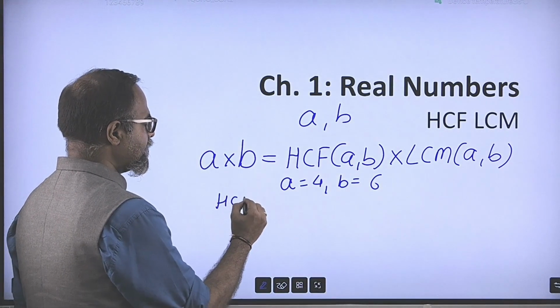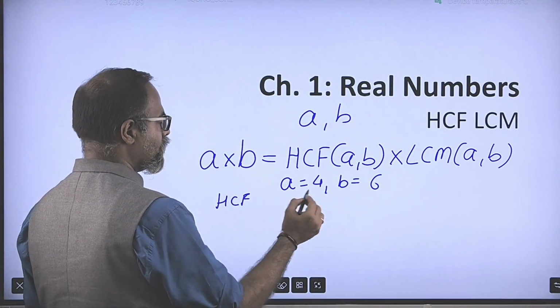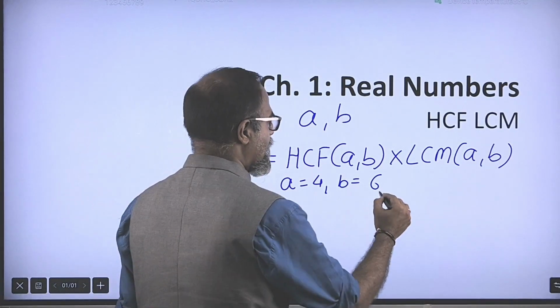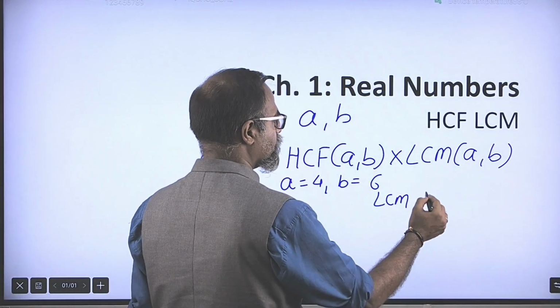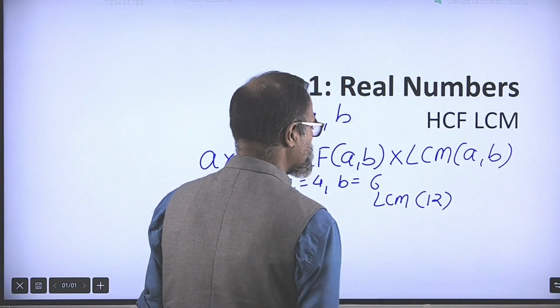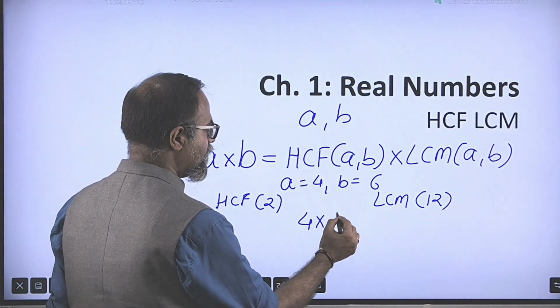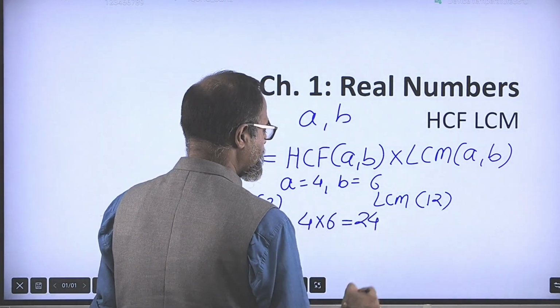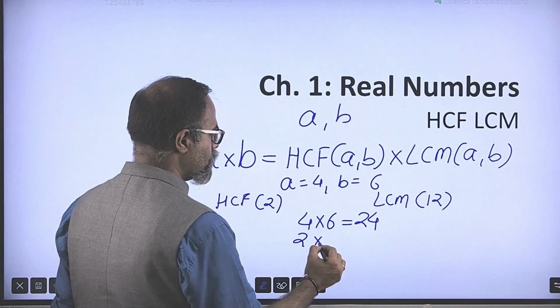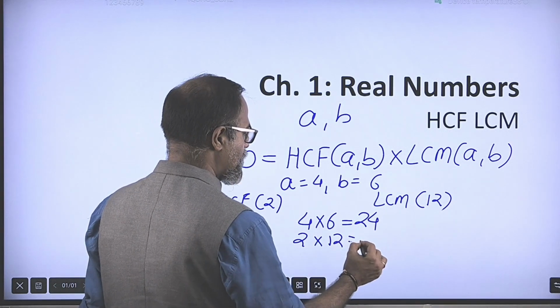Now, the highest common factor for 4 and 6 is 2 and the least common multiple for 4 and 6 is equal to 12. 4 multiplied by 6 is 24 and the HCF 2 multiplied by the LCM 12 is